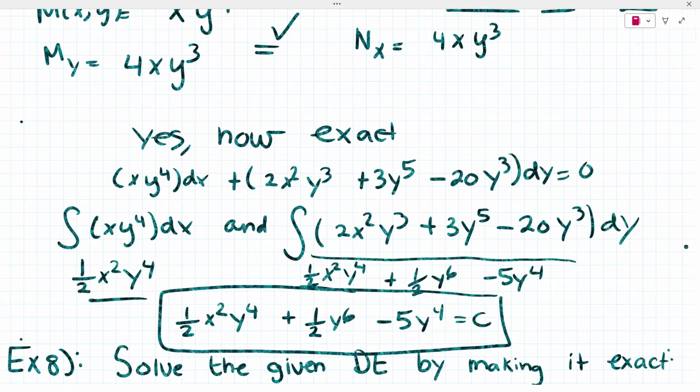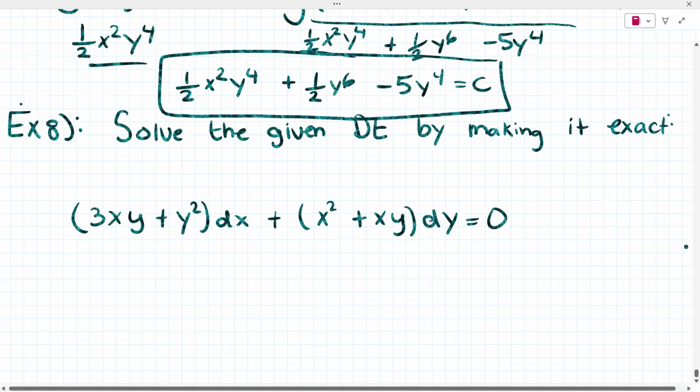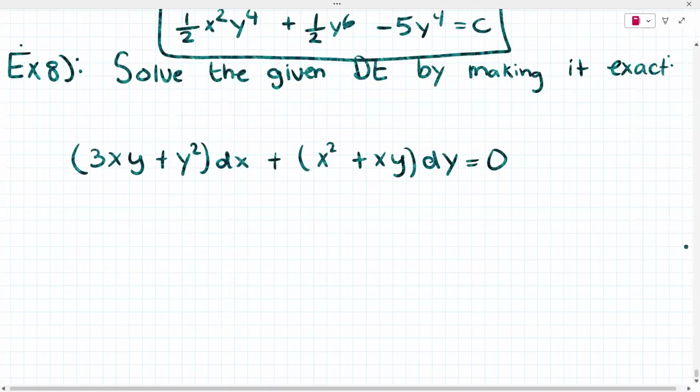Okay, let's do one last example. Okay, example 8. Solve the given differential by making it exact. So it is in the correct form, right? We have a dx, dy, and the right side is 0, but